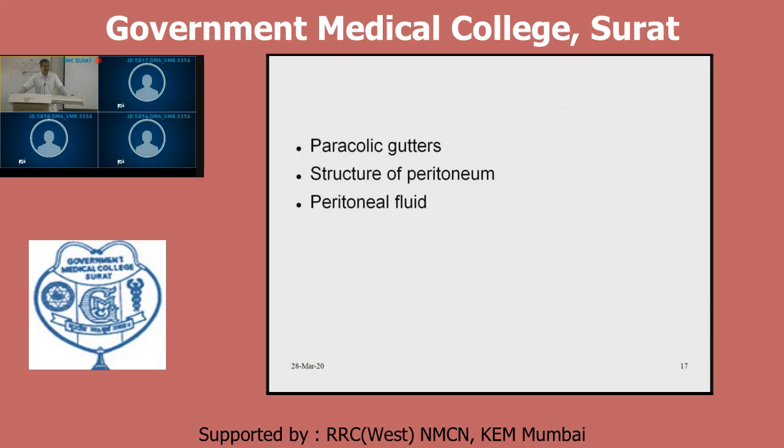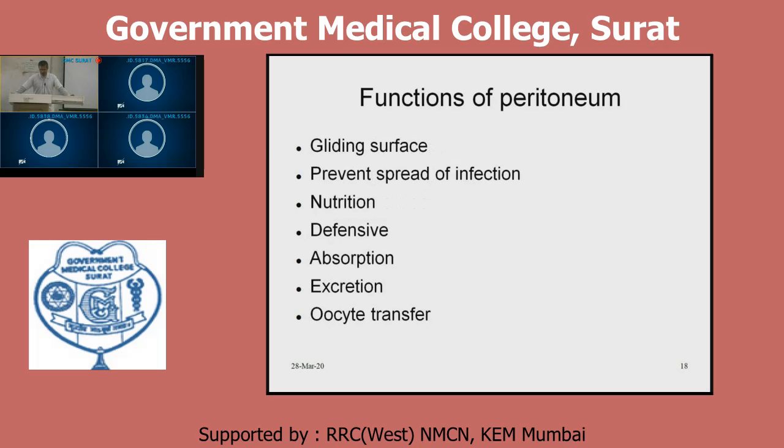What is function of peritoneum? It provides a slippery, gliding surface. Therefore, it will avoid friction in between different organs or viscera of abdomen. You know now, greater omentum is freely mobile. And this freely mobile greater omentum can go to any infected area of abdomen, and therefore it is known as policeman of abdomen. It can cover this infected area and seal it immediately. Therefore, infected material cannot go out or spread easily. Therefore, this greater omentum is known as policeman of abdomen.